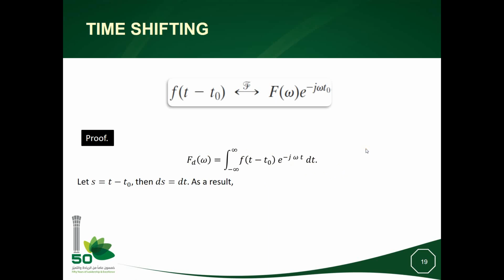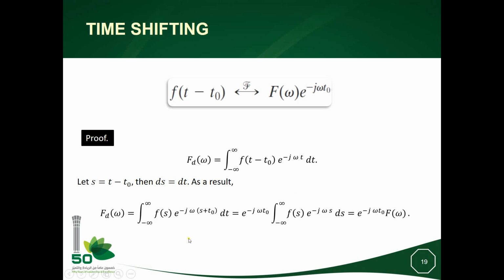And then we will take the change of variable s equal to t minus t0. Since t0 is assumed to be constant, the differential of s will be equal to the differential of t, ds equal to dt. As a result, I will replace the t by s plus t0 as it is seen here,